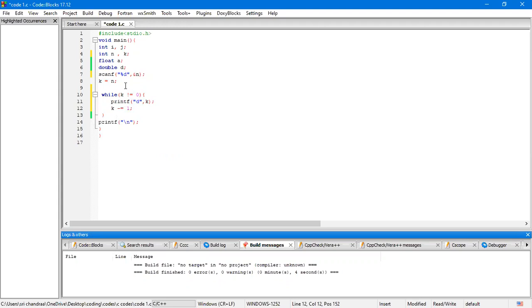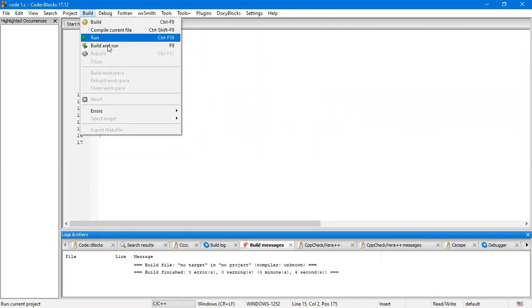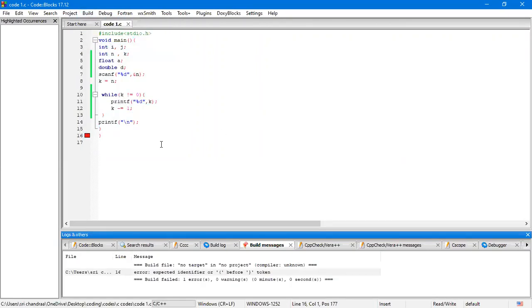I don't know what the value of k is, so I cannot define the number of iterations I have to run to print ASD. So I'm using a while loop. One second, small error, one extra parenthesis.